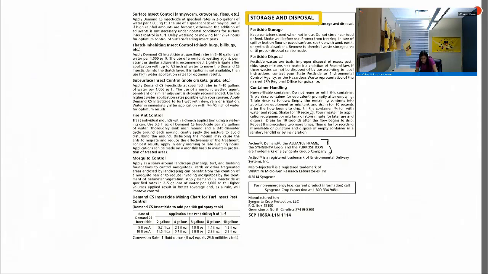Okay, so how is the triple rinse done? We basically fill the container of the pesticide one-quarter full with water, recap, shake for 10 seconds, and pour the rinsate inside of our sprayer. Or if you're not going to use it right away, you can put it in a container, label it properly, and then reuse. Drain for 10 seconds, and then we're going to do this process 3 times. Fill one-quarter, shake for 10 seconds, put it in the sprayer, fill with water, close, shake for 10 seconds, put it inside of the sprayer. So I did that 3 times, and after I did that, we're going to do perforations,